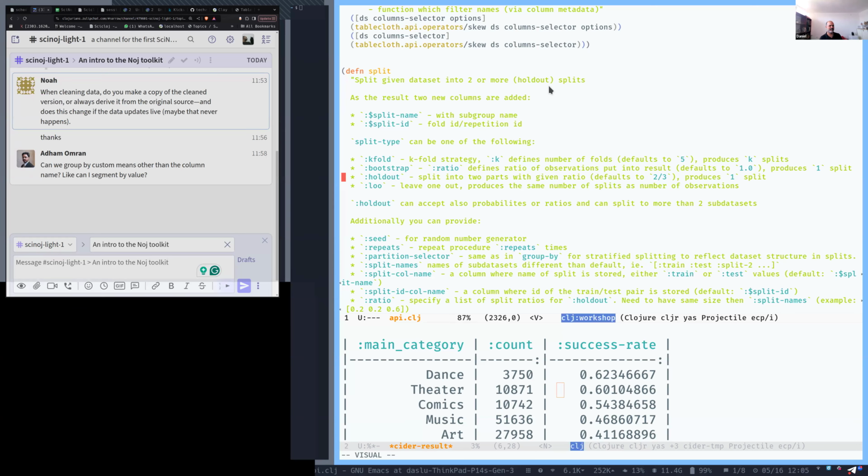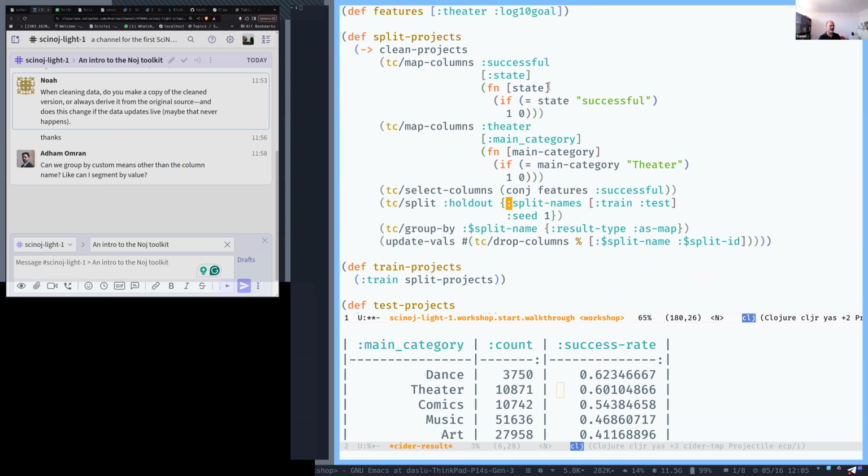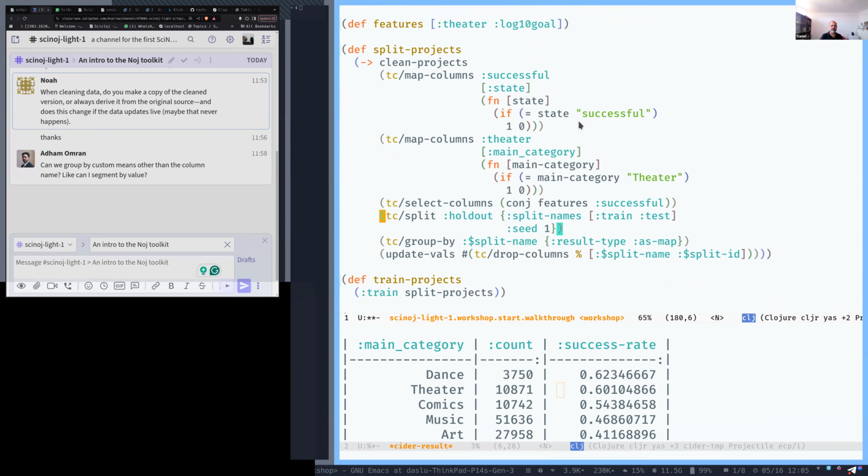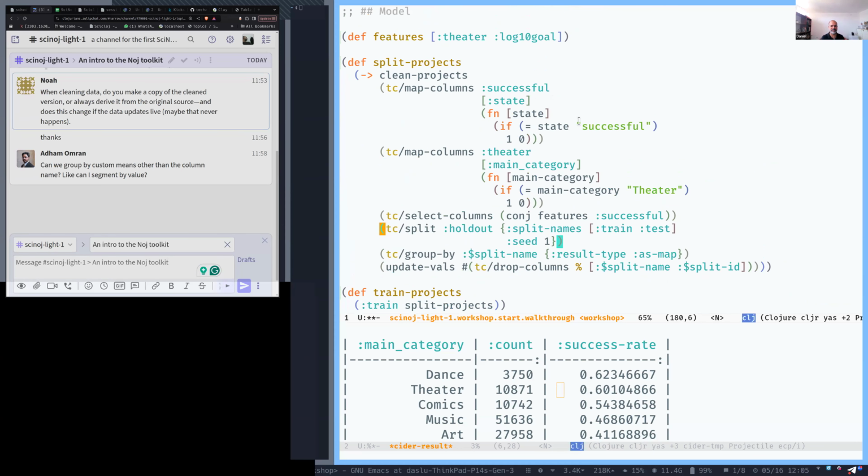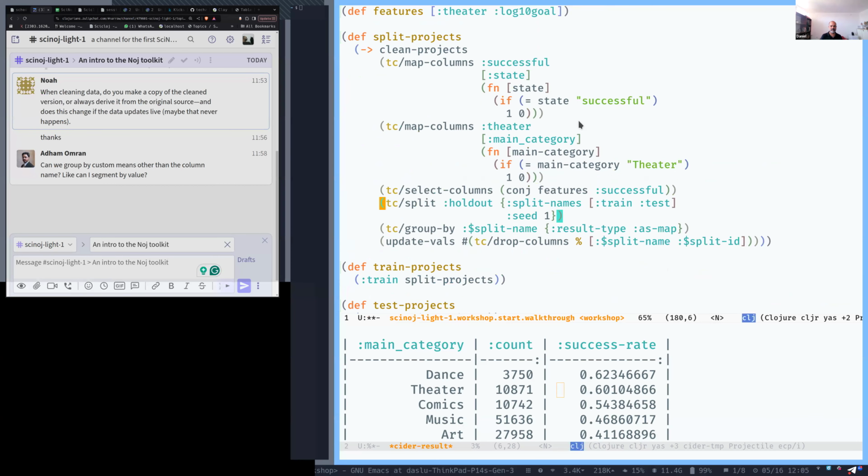We are using just the simplest way, which is called holdout, which means basically, by default, just split the data into two parts. And let us maybe not think so much about it at this session, which is not a machine learning session, but just mostly hoping to show that these things are there and we can learn them further if we wish to. Right, so we're splitting the data, and then we are grouping by the splits, and then